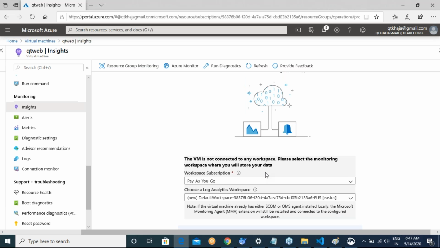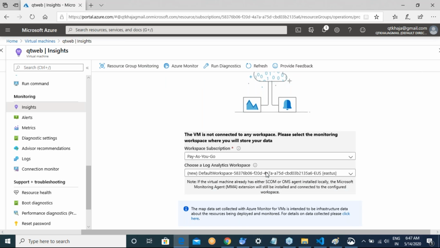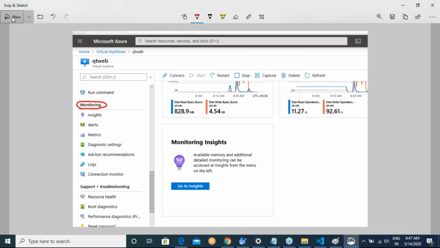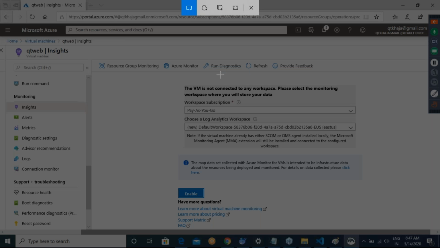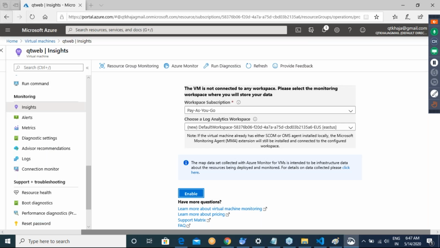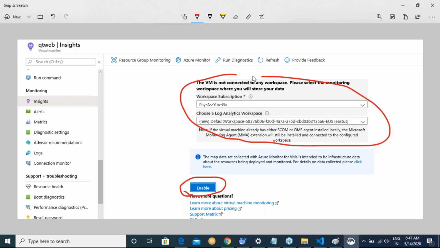Right now it is telling you that you want to collect the data, you want to get insights, but unfortunately you don't have a Log Analytics workspace. If you had one, then possibly you could go ahead and use the same one. But since we don't have it, you are getting these options. My machine is in East US and it is creating a default workspace in East US.